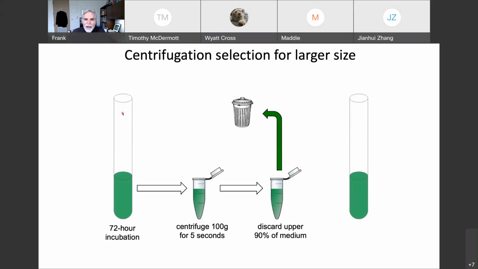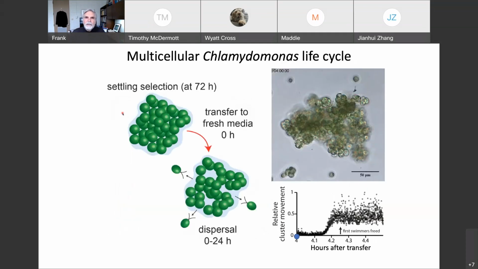You throw the top 90% into the trash, and you transfer the rest to fresh medium. The reasoning being that those larger particles in the microfuge tube will settle more readily under these conditions than will those that are only single cells. And so they did this for several hundred generations, and they did 10 without settling selection, 10 with settling selection,